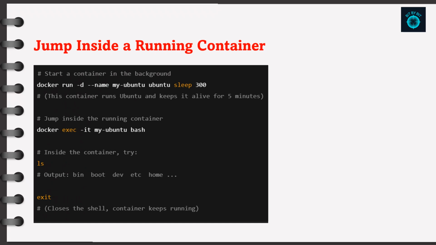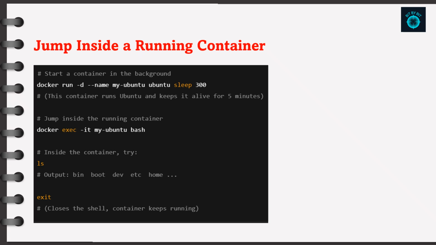Let's try an example. First, type docker run -d --name my-ubuntu ubuntu sleep 300. Here's what this means. -d means run in the background, also called detached mode. --name my-ubuntu gives the container a name so it's easy to use later. The image is Ubuntu. The command sleep 300 just keeps the container alive for 5 minutes, so we have time